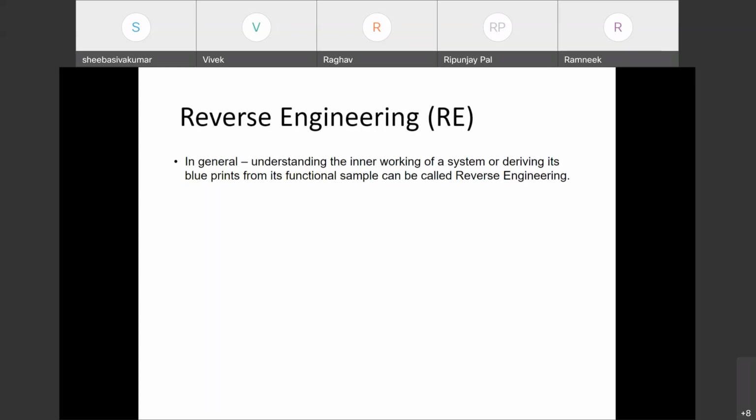So reverse engineering is basically how to dissect any given system and to understand the deep technical details about it. In the software field, reverse engineering is generally used when you do not have the source code of a software or a malware, and you want to understand how exactly the software or malware is functioning.